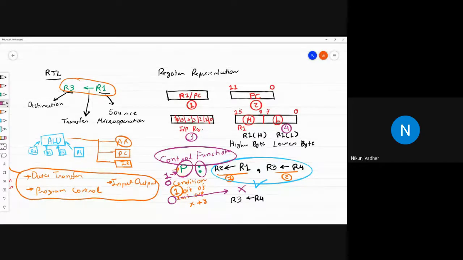It can be any condition, like X and Y or Z. Ultimately it will be evaluated to 1 bit. If that bit is 1, this part will be executed, and if it is 0, it won't be executed. Clear about control function? Yes.